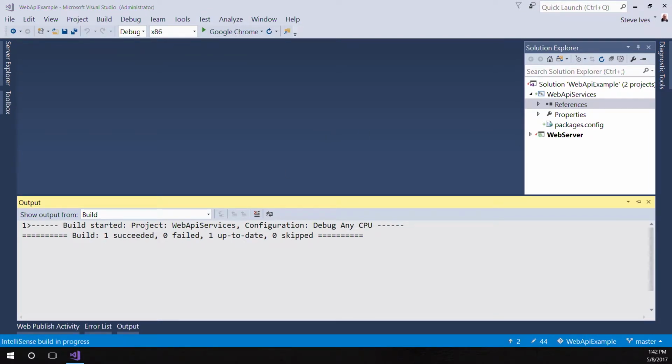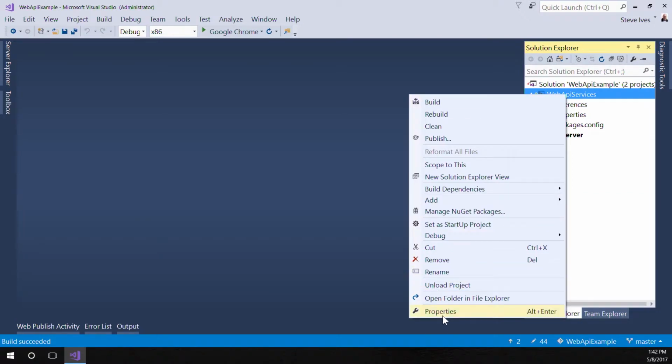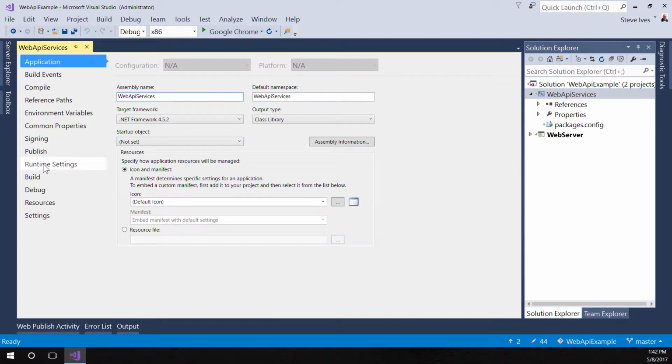Now what we're going to do is, if you remember, we configured the environment to produce the documentation based on the XML file that's created by the website project. Well, we're going to be doing our Web API stuff in our Synergy project now. So the first thing I'm going to do is configure, let me just copy a little thing here. I'm going to go into the project properties of my Synergy project,